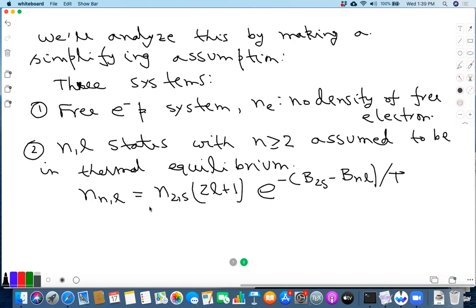We argued that as long as we consider states of energy levels at n equal to 2 or higher, because the differences are small enough, the thermal suppression is not enough to make 10 to the 10 into something of order 1. It still remains a large number of thermal photons per electron. And the third system is the ground state, the 1s states.